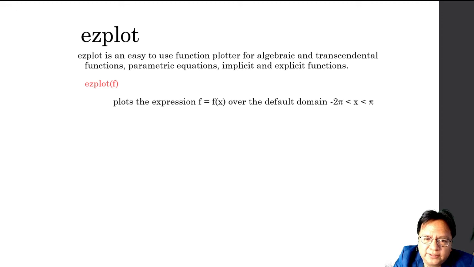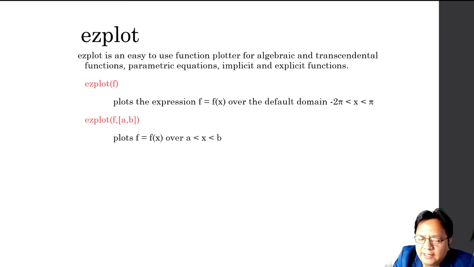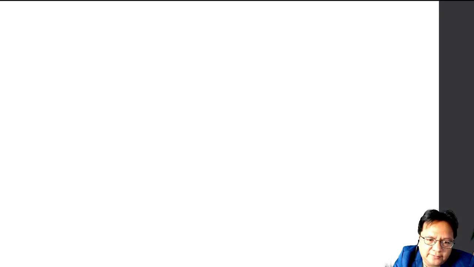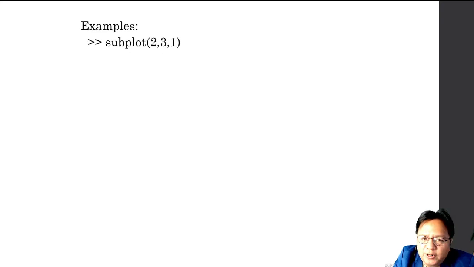So EasyPlot, and then you just type in the function. By default, the domain is negative 2 pi to 2 pi. You can also specify your domain by enclosing it in square brackets. Example,